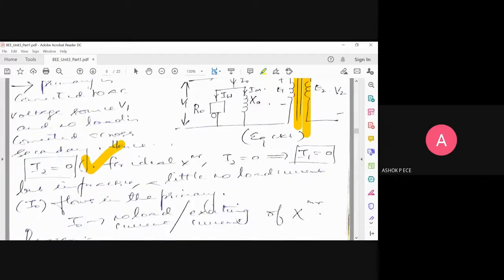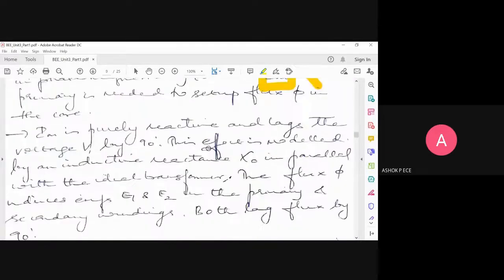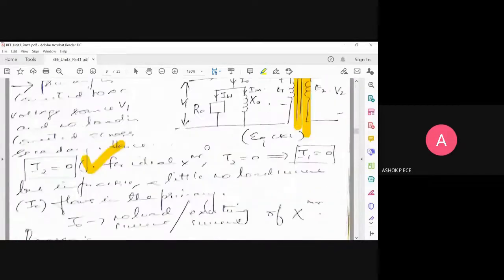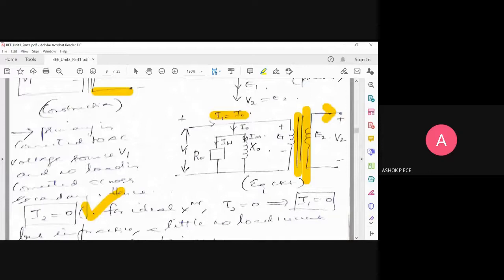One current is the magnetizing current, which I told you now, which is modeled as the inductive reactance. You see in the diagram, IM is flowing through X naught. Are you able to visualize, sir? Sir, if it is ideal, you said that IM is equal to zero, it doesn't exist, no, sir? But here there's a closed loop only, no, sir? Then current can pass, no, sir? Why ideally does this not exist?